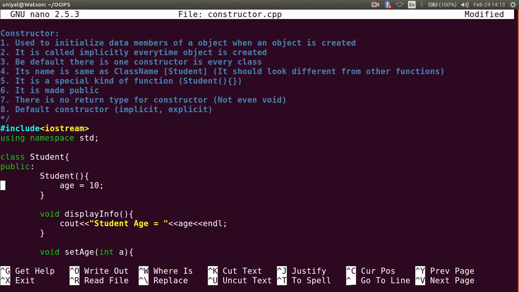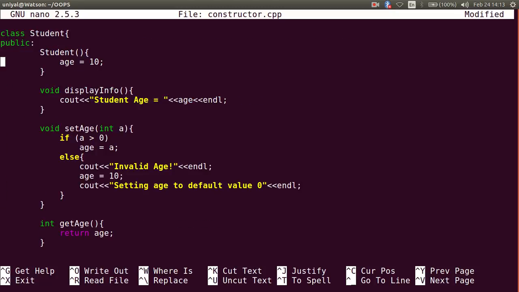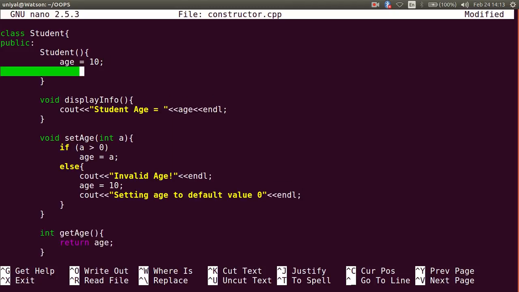One thing I can do, as I have a set function here, I can also call set age 10. So let us suppose this is the first way and this is the second way. So what can we say about these two statements? Which way is better?